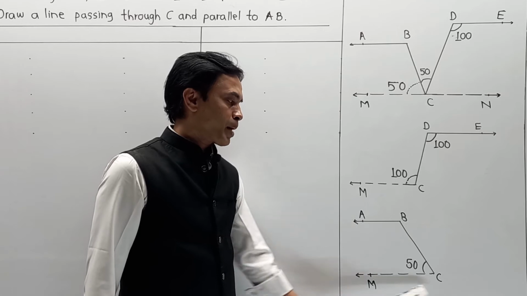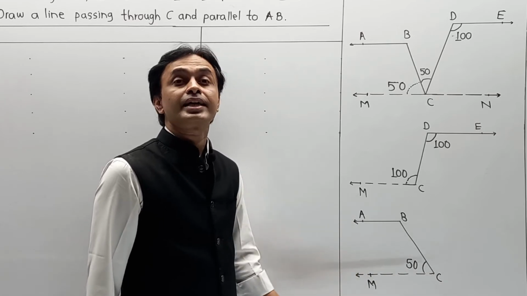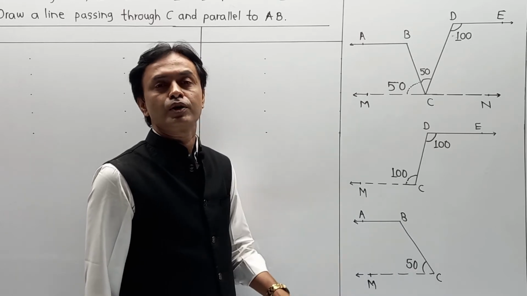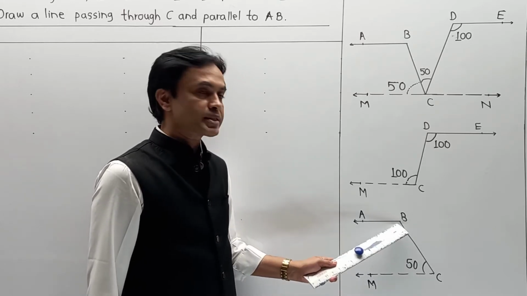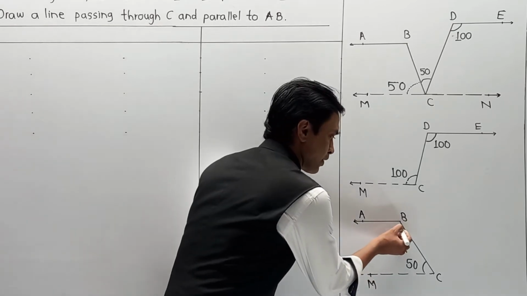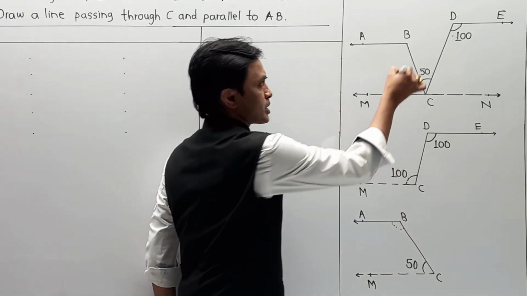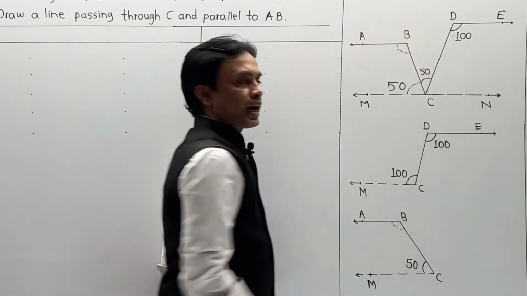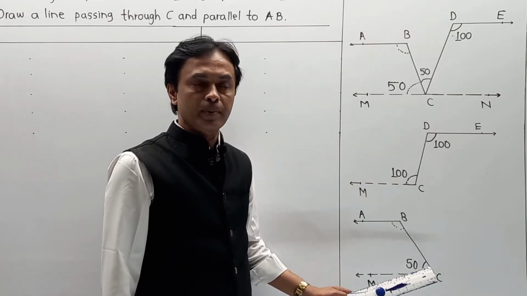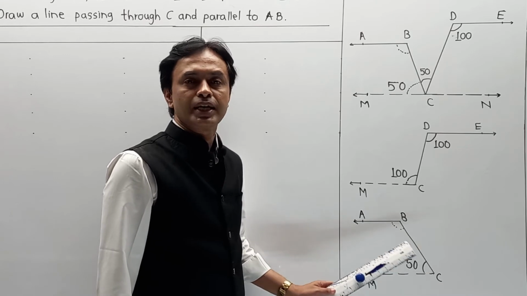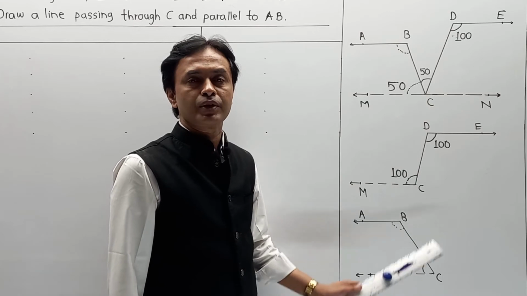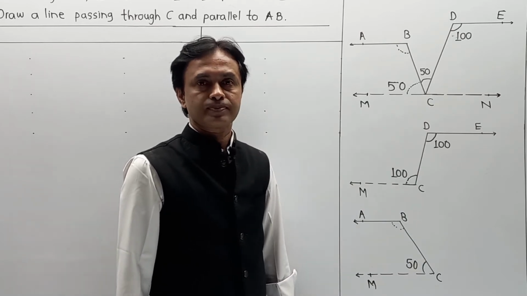Since AB is parallel to CM and BC acts as a transversal, 50 plus how much is equal to 180? That means angle C plus angle B: 50 plus angle B is 180, and in this way we can find the value of angle B and complete the answer. So 50 plus how much is 180? That angle is nothing but 130, but we are going to write all the parts described here in terms of logical answers.